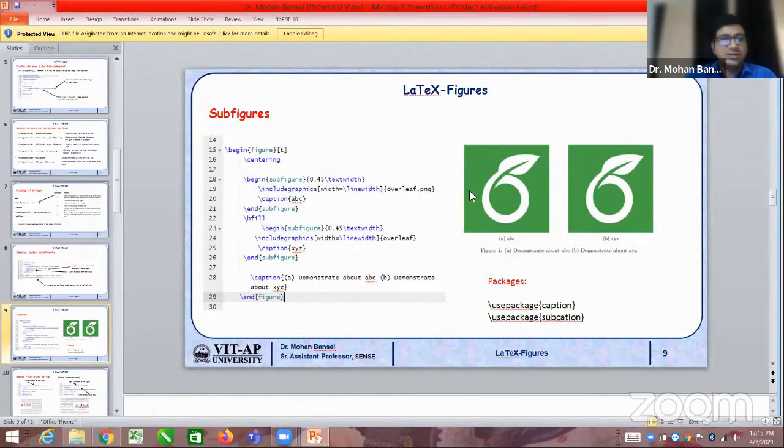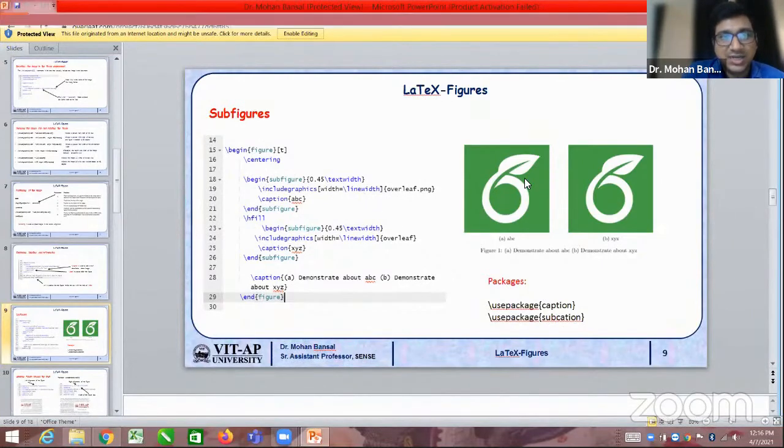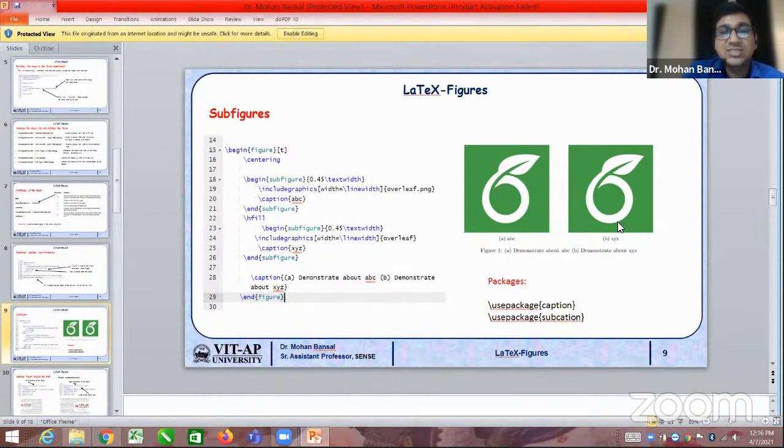Now, if we talk about the sub-figure, in the sub-figure, this begin figure will create the figure automatically. Centering is used to center the figure. Here you can see begin subfigure is another environment. Inside the begin figure, we have begin subfigure. Okay, what width do you want? Here you can see the difference between text width and line width. I will explain. Begin subfigure, and this subfigure width is 0.45 of the text width. We want to plot this subfigure at 45% of the text width. So here you can see that at 45% of the text width, one figure is plotted, and in another 45% of the space, the next figure is placed.